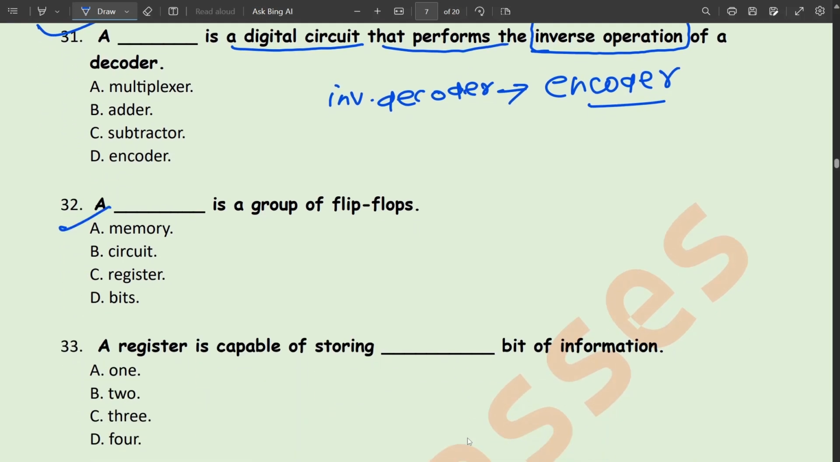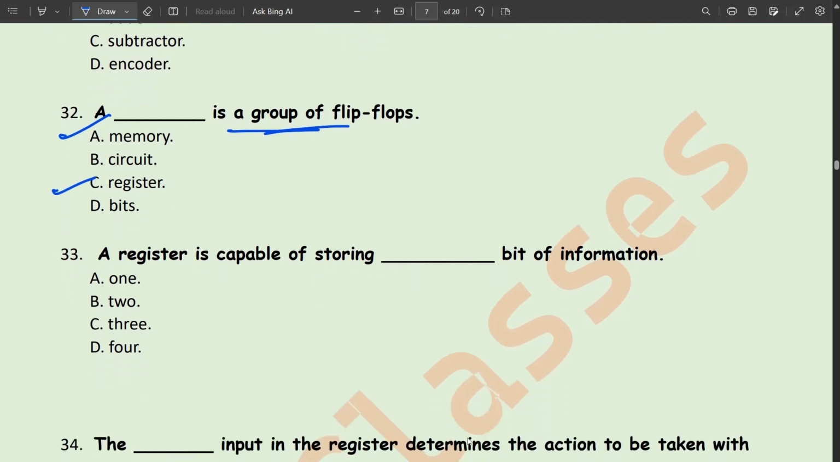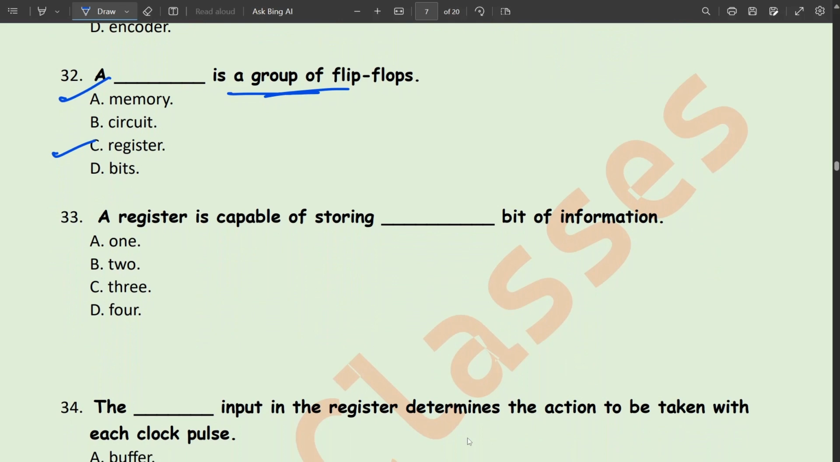Next, a is a group of flip-flops. The answer will be register. A register is a group of flip-flops. Next, a register is capable of storing bit of information. How many bits can a register store? The answer will be 1. Register is capable of storing 1 bit. Next,